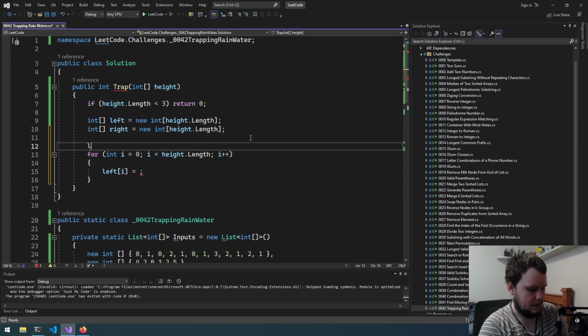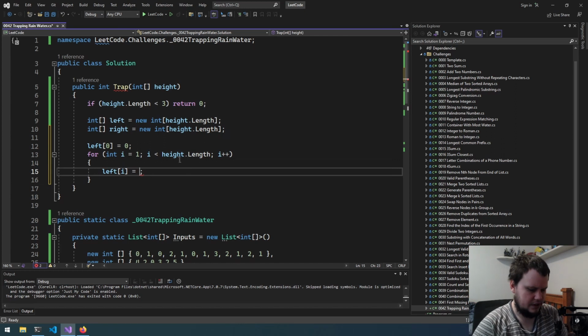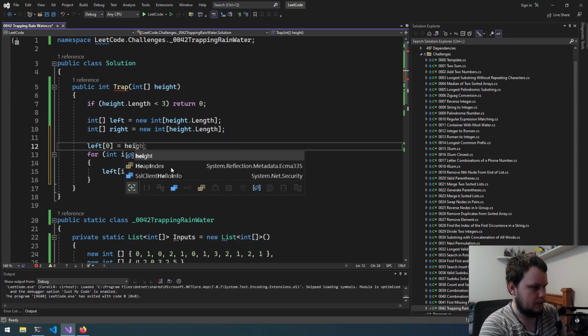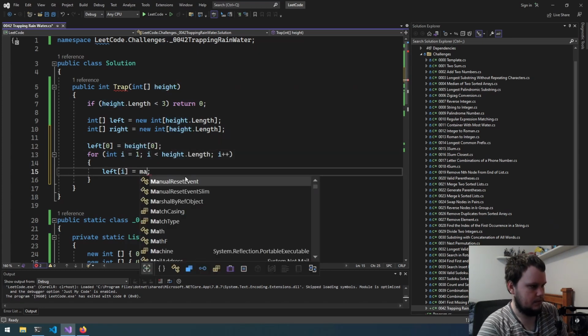So we'll start off with left 0 equals 0, and we'll start off with 1. So the numbers that we're keeping track of for each index is the value of the one to the left, what that height is. So because there's nothing to the left, that's 0. And actually no, we're not going to do it like that. We will put height 0 in here, and what we'll do is